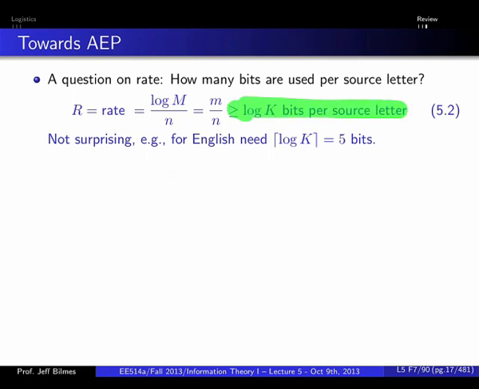This is our rate. And in general, this is sort of the quality of the code. This is not only an actual rate, but this is an average rate as well. Because if we do this trick where every source message of length n gets mapped to a bit sequence of length m, then if we take averages over lots and lots of instances of this, we're going to have an overall average rate of log k. So all source messages are going to be encoded with the same number of bits.